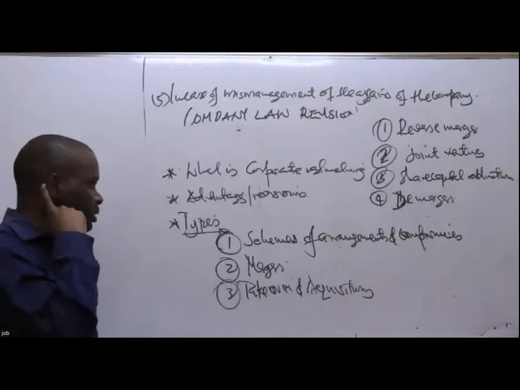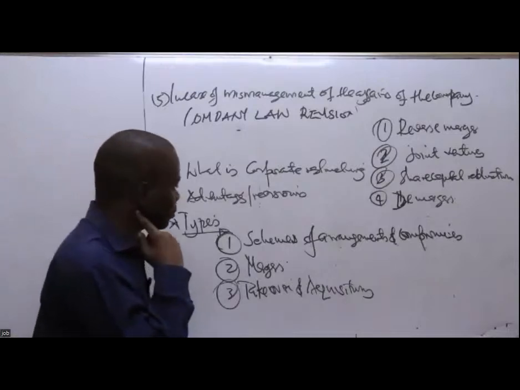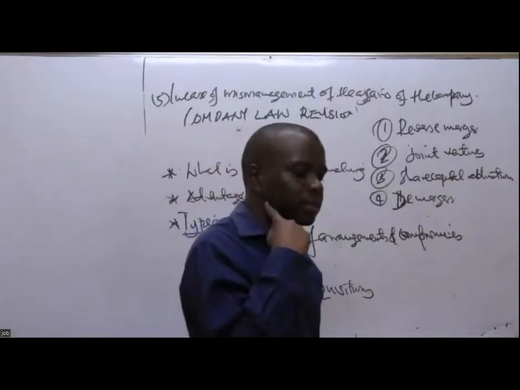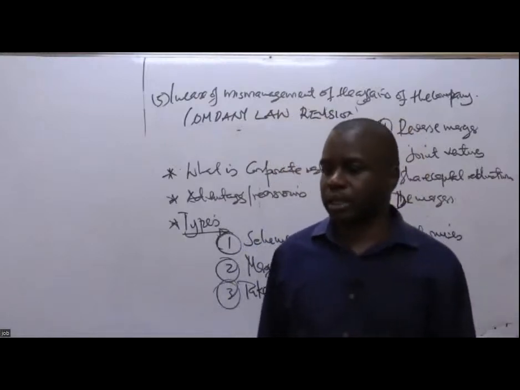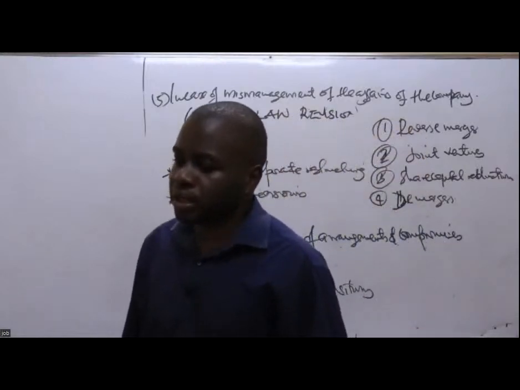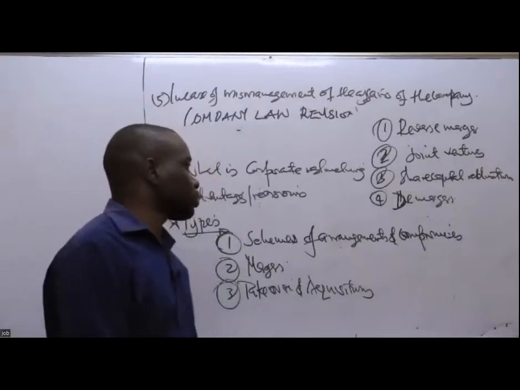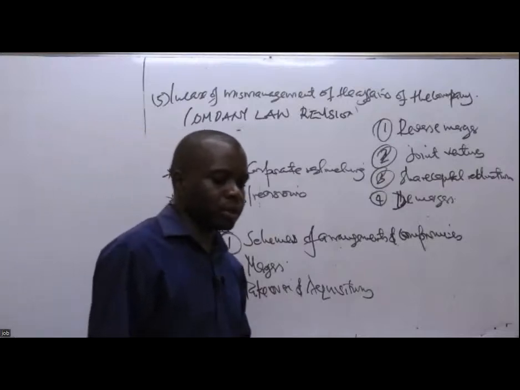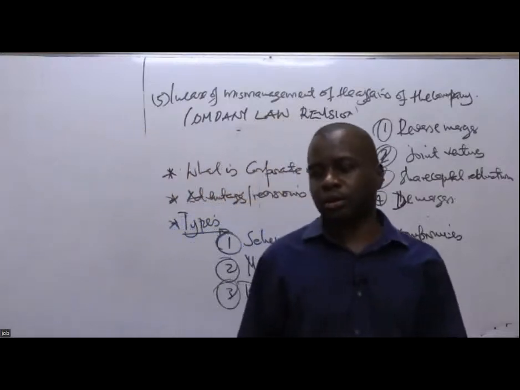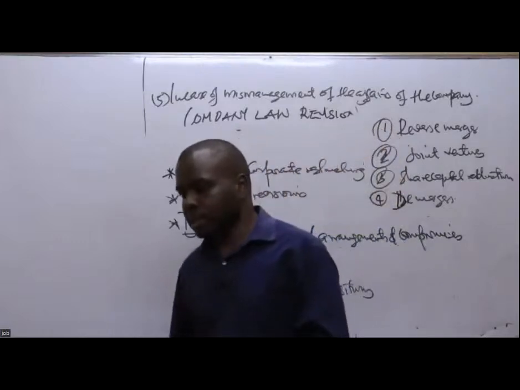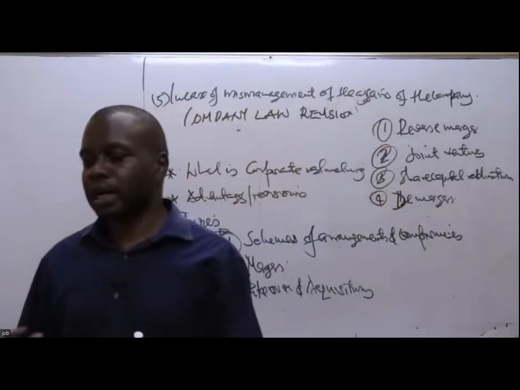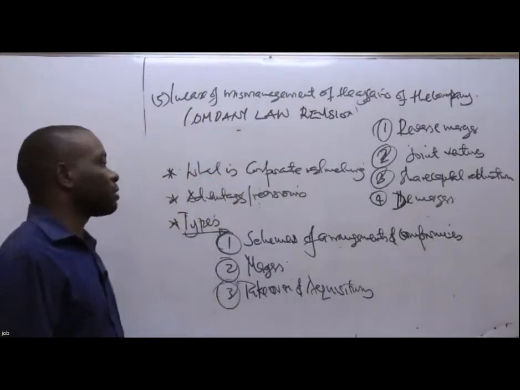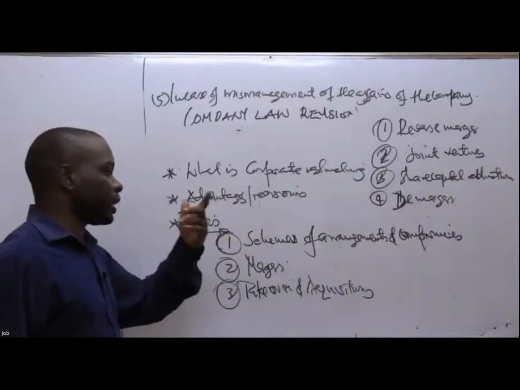So cutting on costs, remaining competitive, and also utilizing the human resource properly, the talent they have in the company appropriately. That is another reason why companies restructure. So we said restructuring is basically changing the form or way through which a company carries on its business activities. It can go for internal options or external means of how to restructure. So those are some of the advantages or reasons why companies decide to restructure.